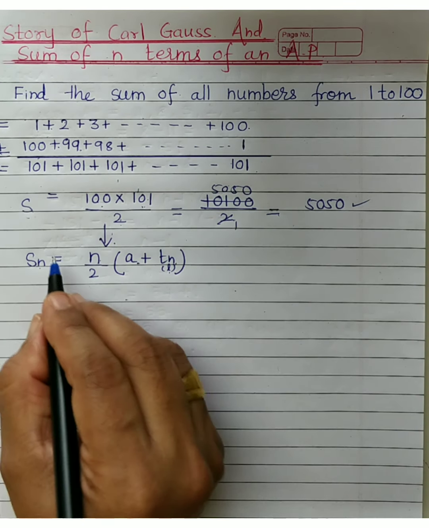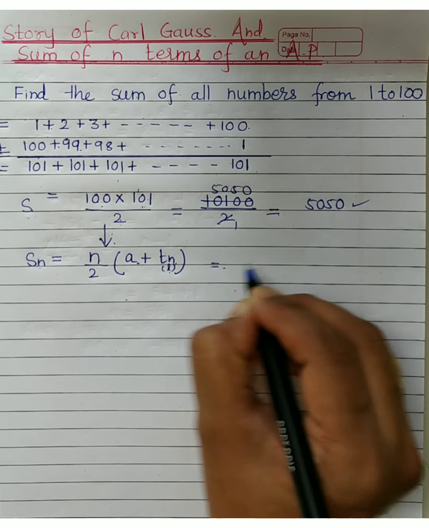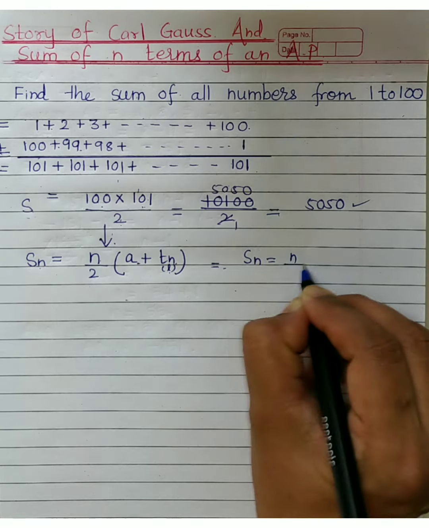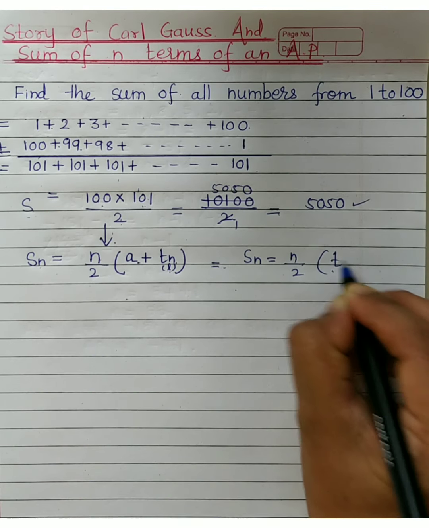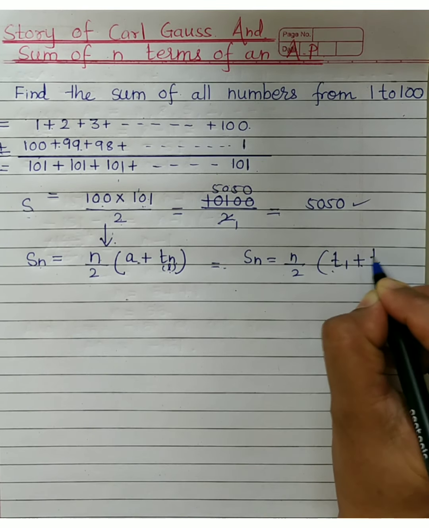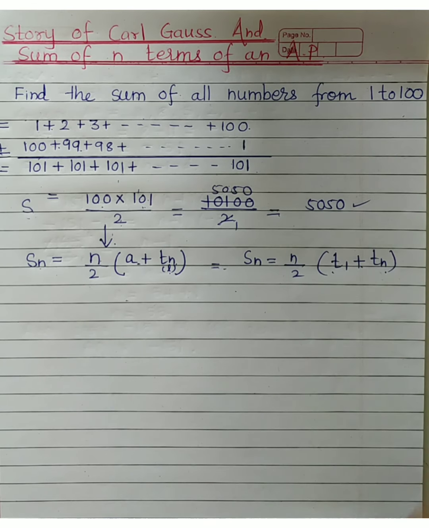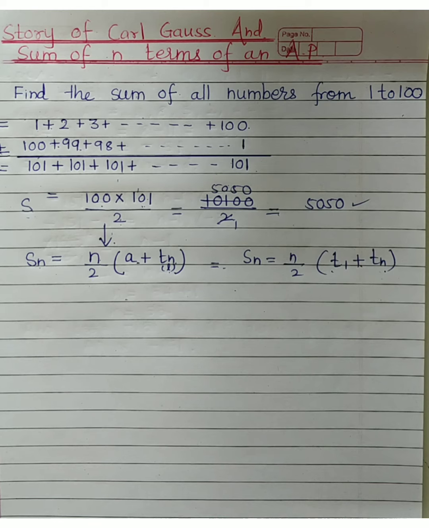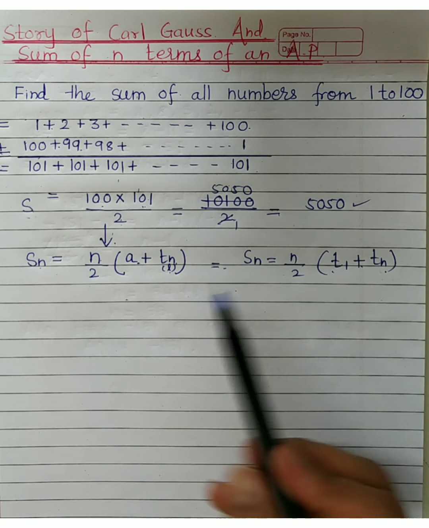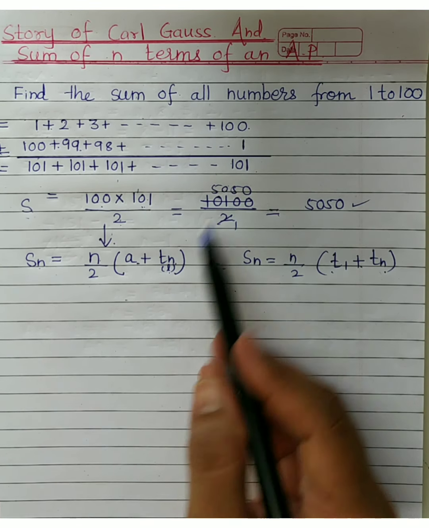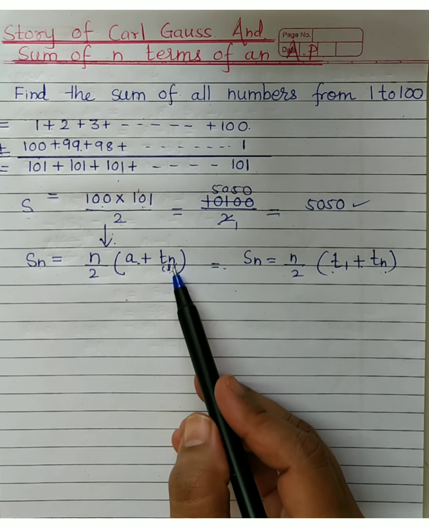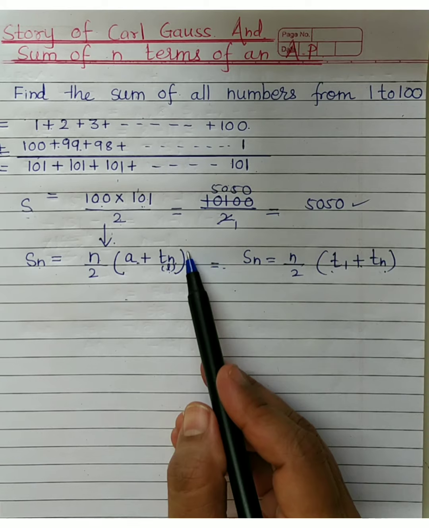Have you understood? First term, or you can also call it the last term as well. So we have got a formula for the sum of n terms, that is n upon 2, first term plus last term, T1 plus Tn. Got it? So simple and interesting it is, no? Then every time we may not know the nth term, as it is given as 100 here. So if I have to find the nth term, I may replace it by our nth term formula.